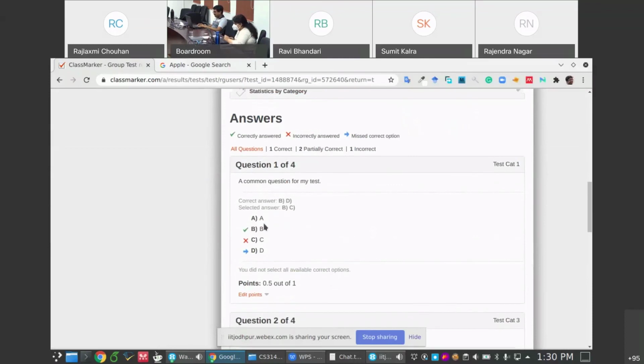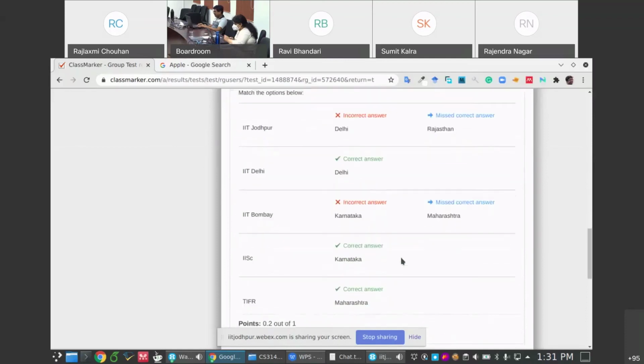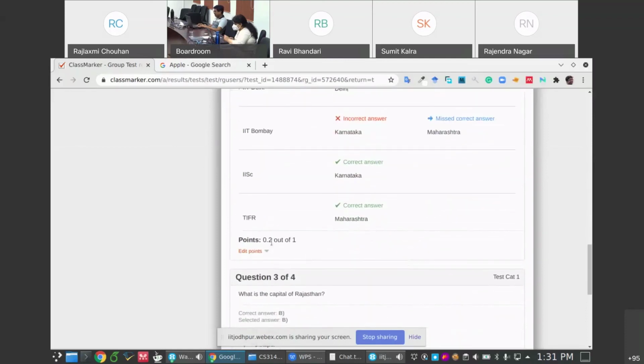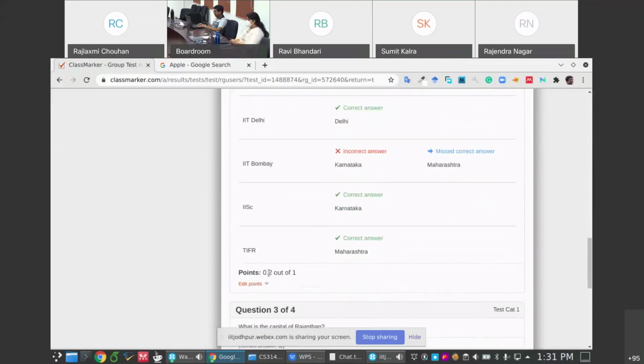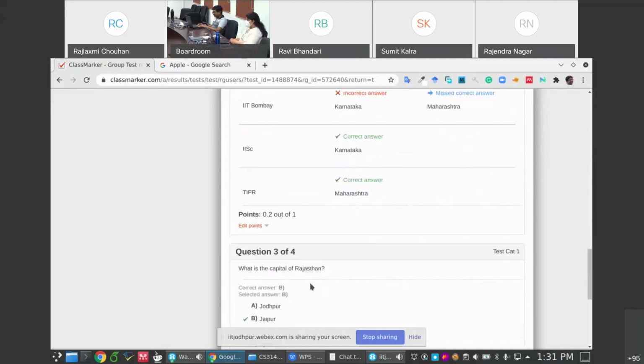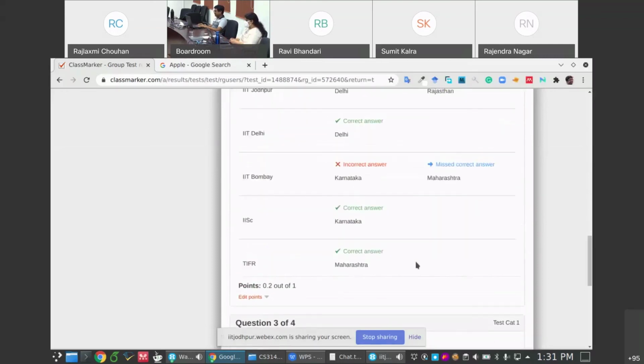So this has a partial question mark, so he got partial marks automatically, 1 right and 1 wrong. And here also has partial marks, so he got with penalty. I think this was configured with penalty, so he got only 0.2. And this is how the test results look like.